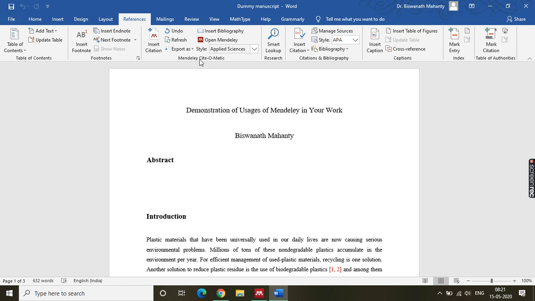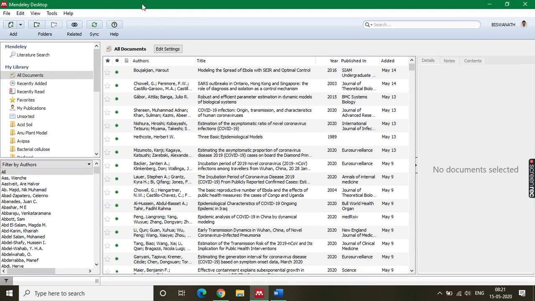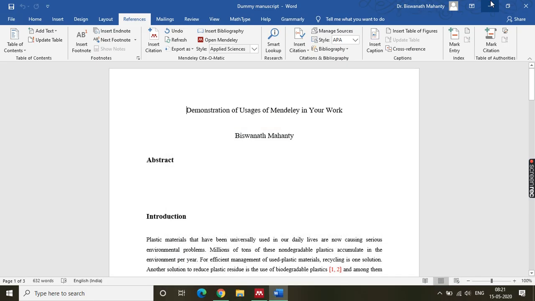Those things are there. So when you are planning to work on your manuscript, you are going to add some reference or delete some reference, modify something, then you must also switch on the Mendeley desktop. That means both the things should be there side by side.